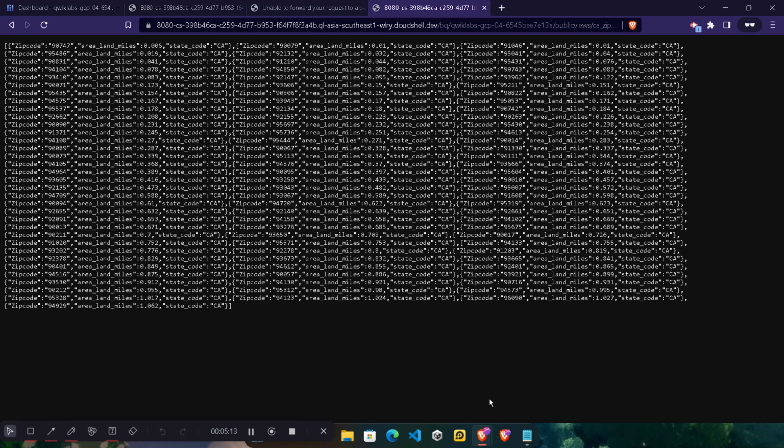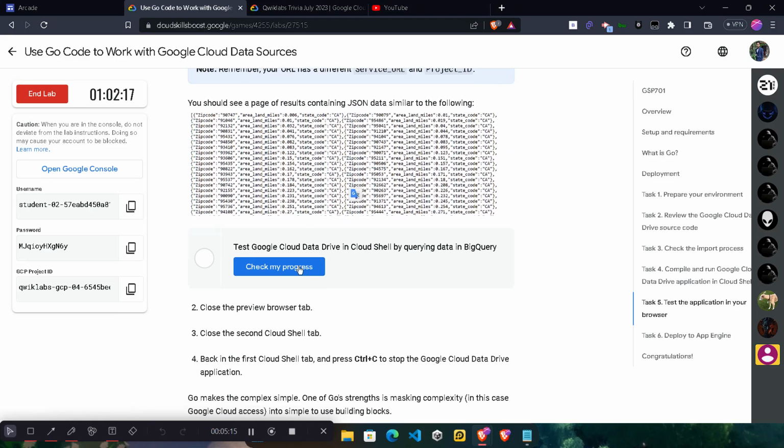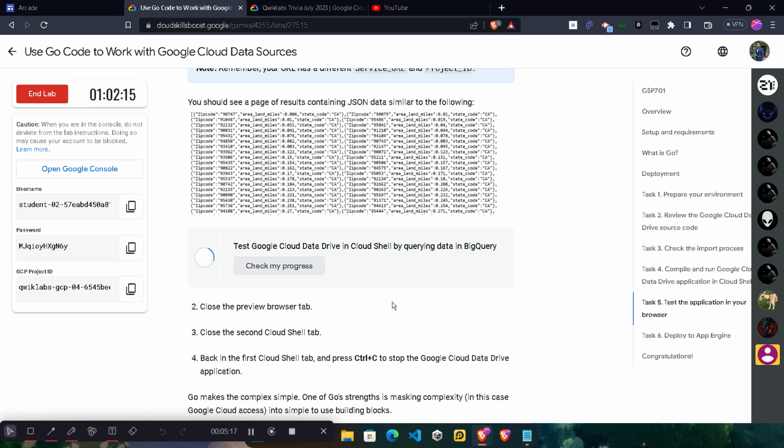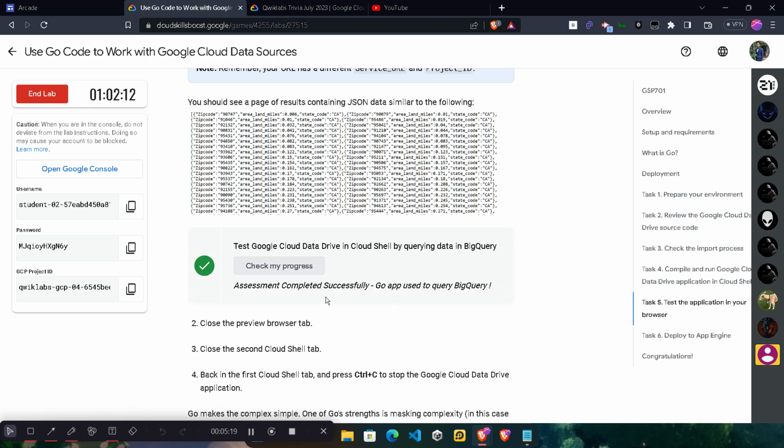After you see the result like this, simply come back to the lab, scroll down a little bit, click on the check my progress, and you will get that green tick for task number 5. Okay, if in any case you don't get the green tick in the first attempt, then don't worry. Try two to three times to click on the check my progress till you get the green tick, and make sure you wait 1 to 2 minutes and then click on check my progress. You will definitely get the green tick if you followed all the steps properly.